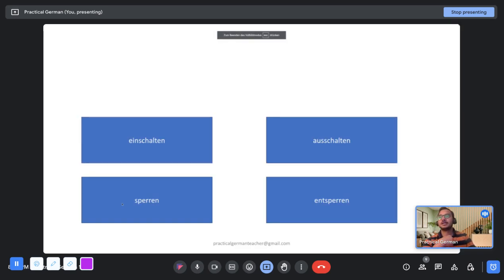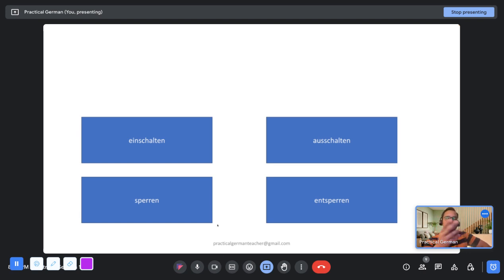Now, sperren, anyone knows what sperren means and can give me an example? Sperren, of course, these are verbs. Most of you have bank accounts, and I believe many of you are from India. When you receive a bank account statement from an Indian bank and just forward me that email, can I open that statement? Of course, I cannot because the file is password protected. Or in a way it is locked, right? So it is locked. So sperren means to lock, okay?